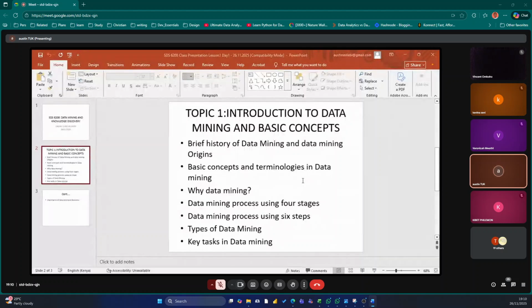Another terminology that is also good to know in data mining is a terminology called data model. Patterns create a model. So what is a model?